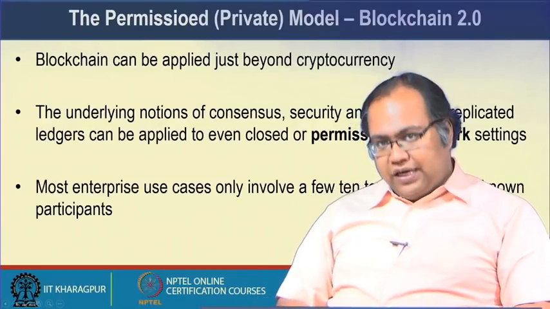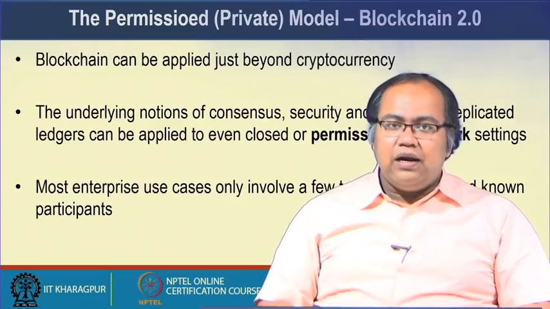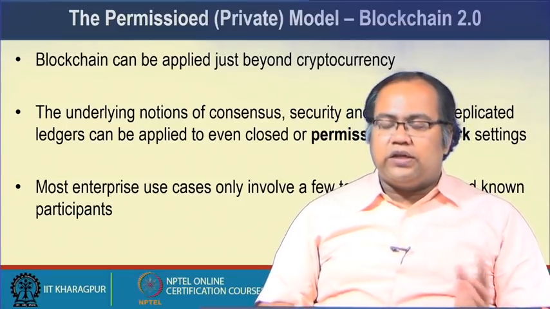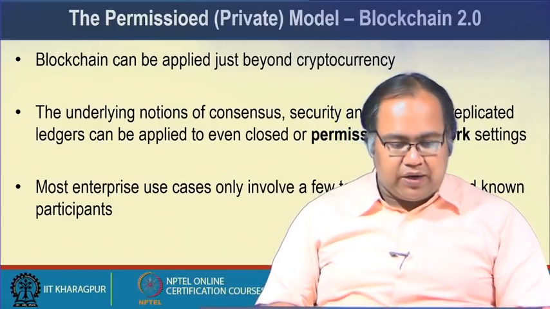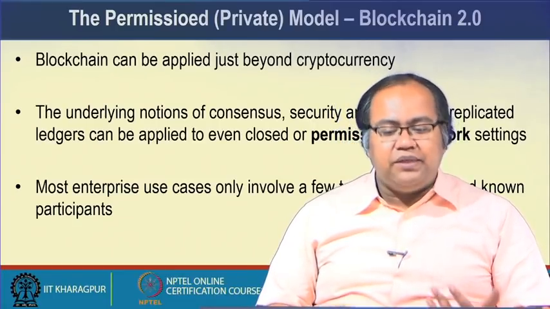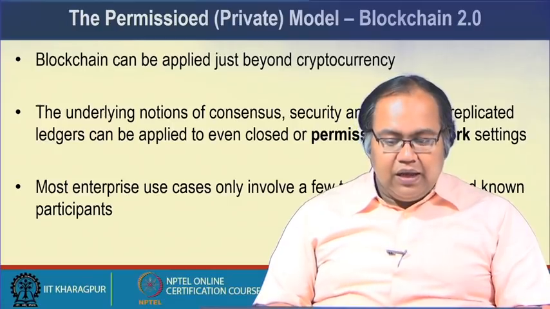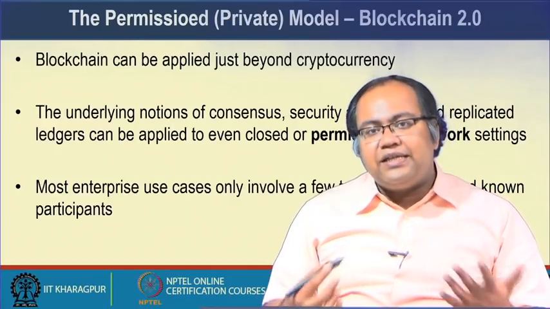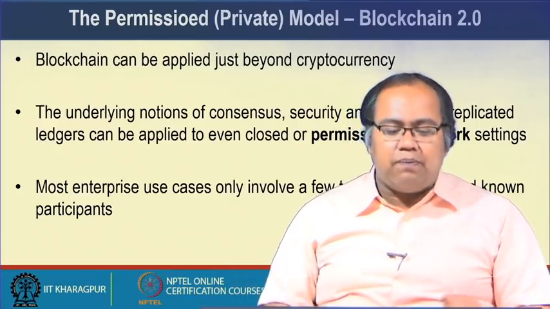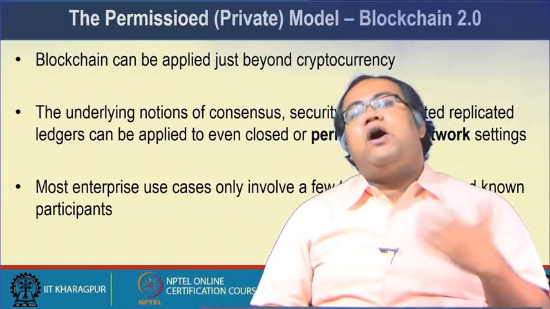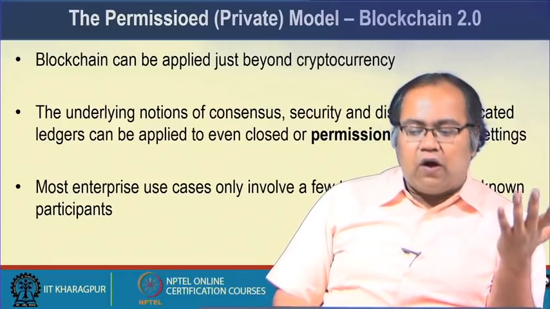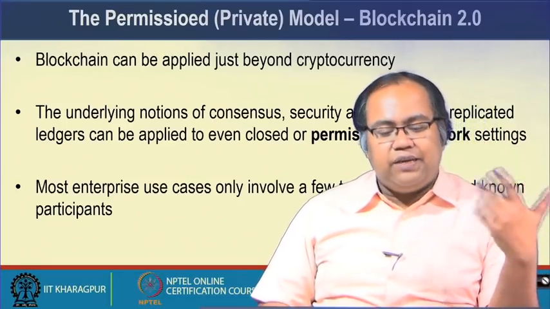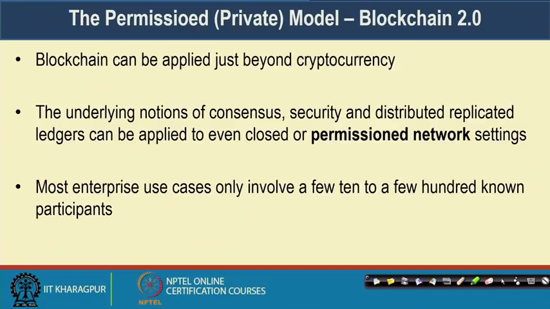Now, in blockchain 2, we are moving a little from this concept of the permissionless model to something called a permissioned model or a private model. In the case of a permissioned or private model, the industry people explored that the concept of blockchain can be applied beyond cryptocurrency. This underlying notion of consensus, security, and distributed replicated ledgers can also be applied to many kinds of closed